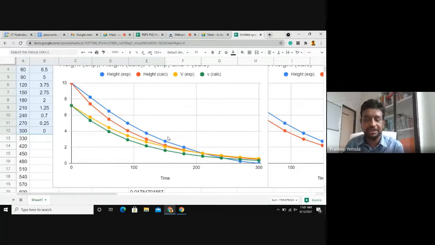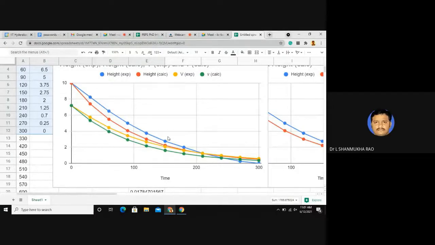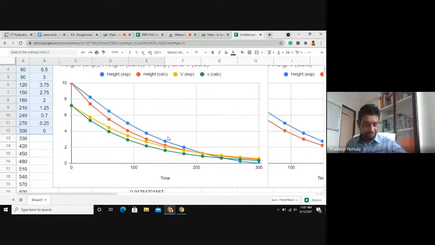Okay. So any questions as of now? Any question from participants? I hope you are able to follow what I am doing in this experiment. And it is not very difficult. You can do it on video also. So most of the time there will be a misconception that we cannot teach all these kind of things on video, but you can, as I was just showing. Any questions as of now?